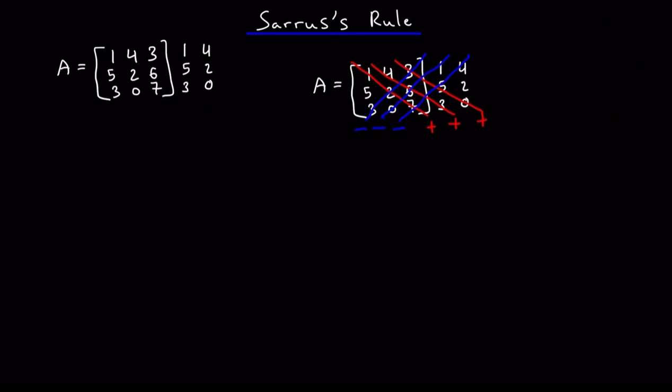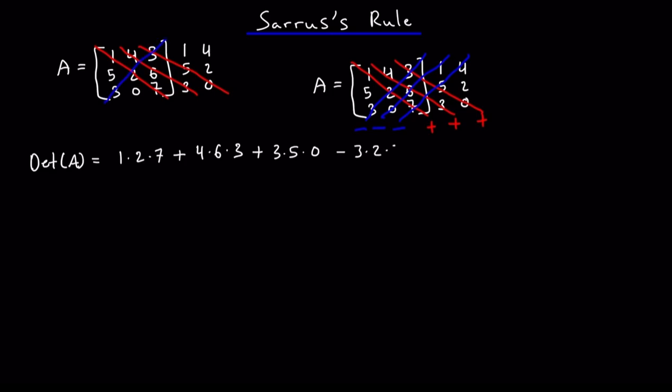So this is just a picture of how Sarrus rule would look, but we can go step by step. So the determinant of matrix A is going to be, we're just going to multiply the first line, and then we get 1 times 2 times 7, plus 4 times 6 times 3, plus, and here we're just multiplying the entries along the diagonal, so 3 times 5 times 0. Now we're going to subtract these, so that's minus 3 times 2 times 3,